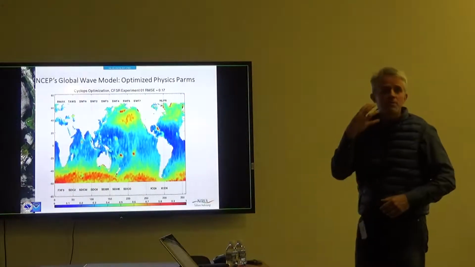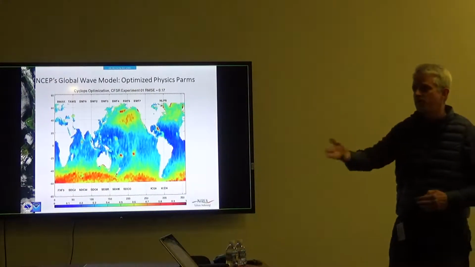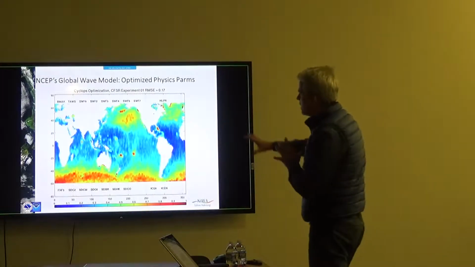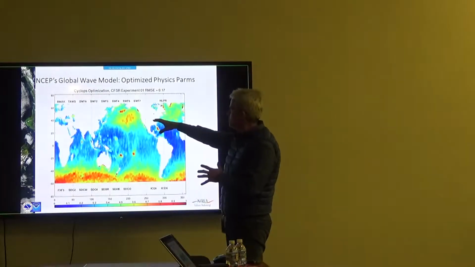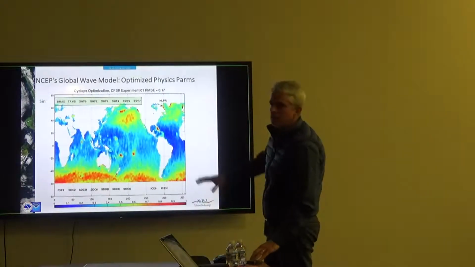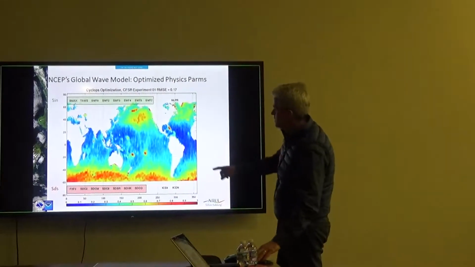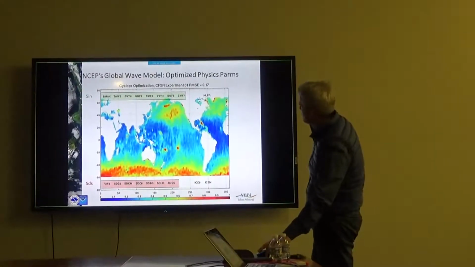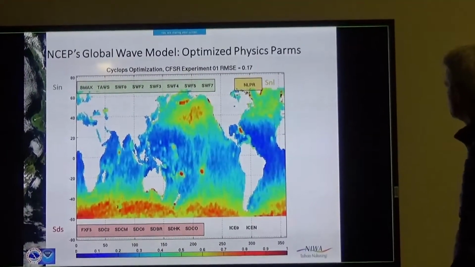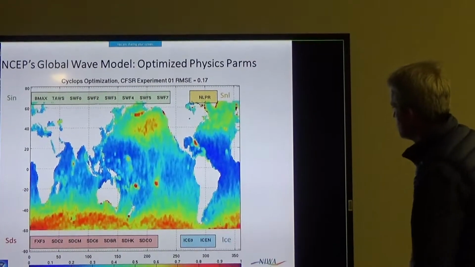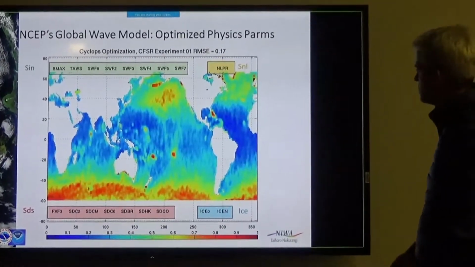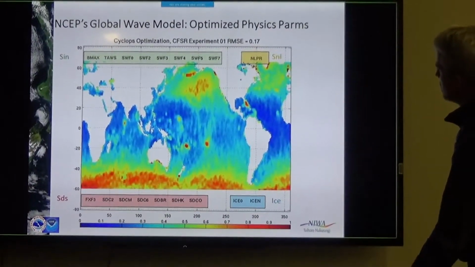Well, first of all, I wanted to try to show everybody how the optimization works. And I came up with this plot here, which basically shows the different parameters that we're optimizing for the input source function, the dissipation source function at the lower left corner, one nonlinear coefficient, nonlinear interactions coefficient, weighted interactions, and then the ice concentrations as well. So I just used essentially what Richard was using